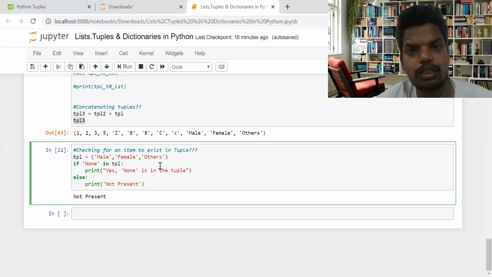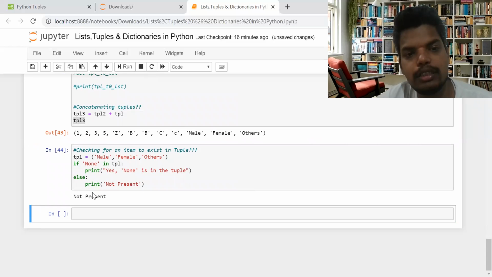I am checking if none existed in our tuple variable, if yes, then print none is in the tuple, else not present. I'm executing shift enter, and you can see not present.